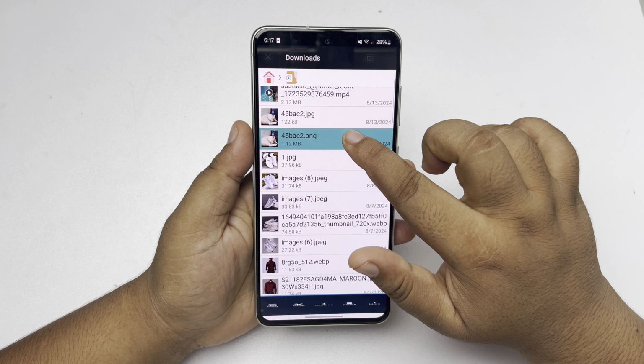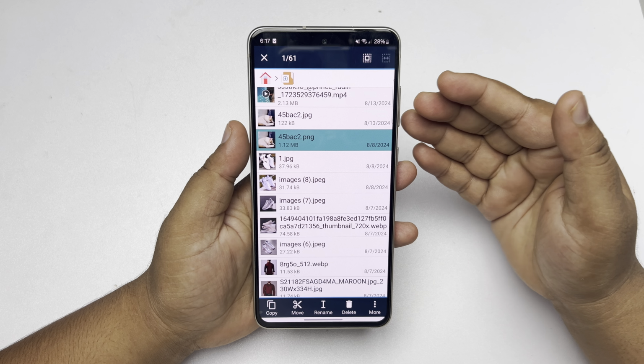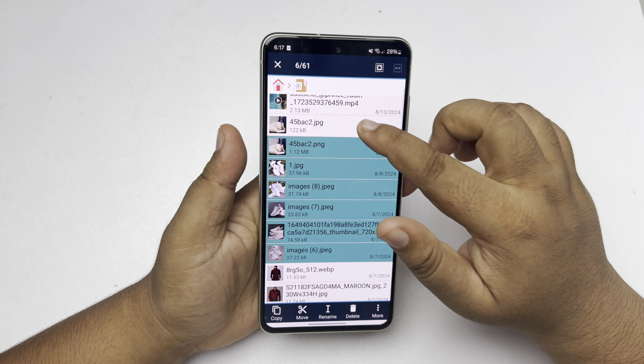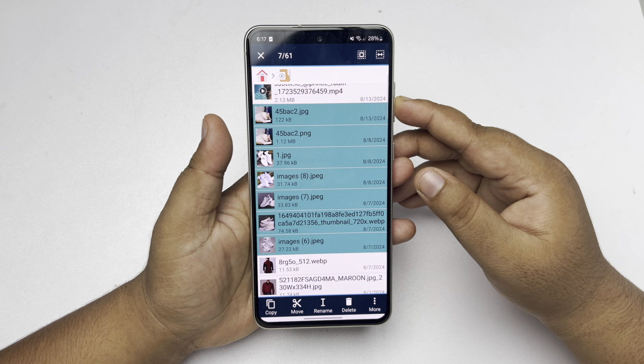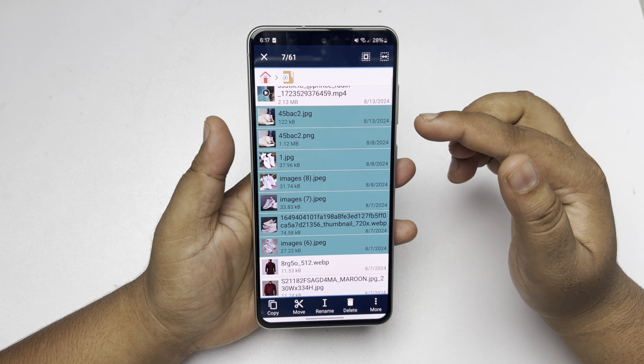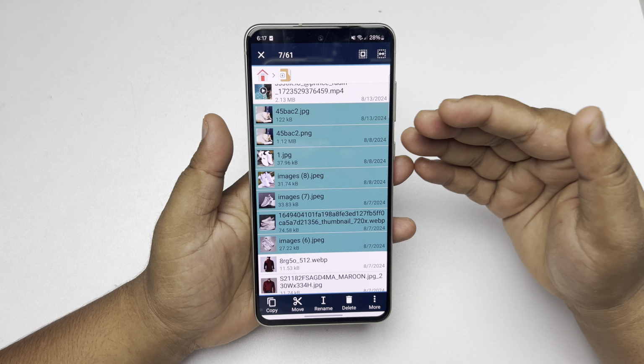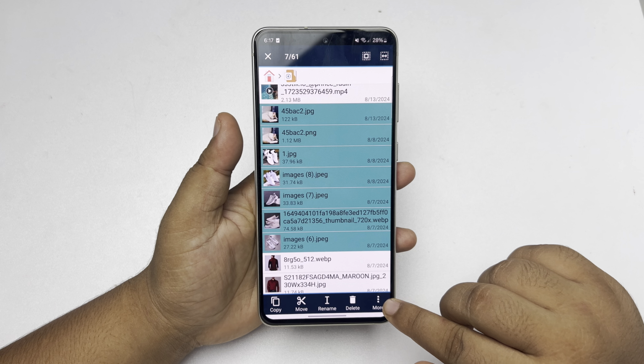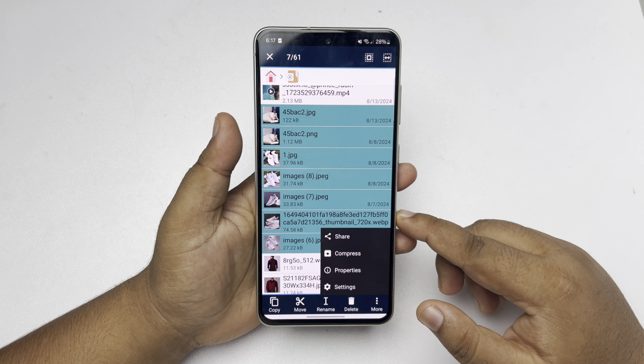the photos. Once you've selected a single photo, now just repeat the process to select multiple images or files just like so. And here, as you can see, I've selected 7 files. Now to make a zip file with them, just tap on this more icon and tap on compress